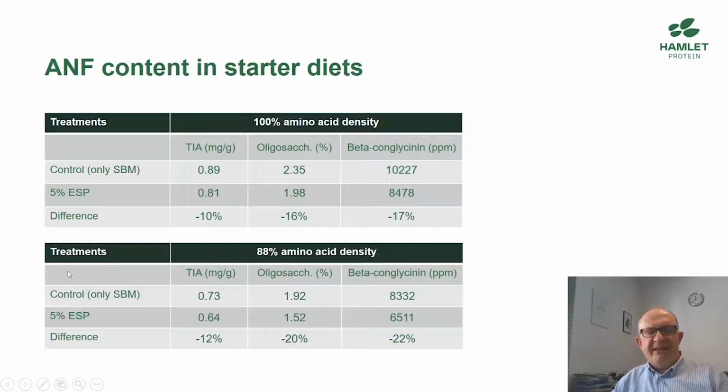By replacing part of soybean meal in the diet with 5% IV starch, we reduce trypsin inhibitors by 12%, oligosaccharides by 20%, and beta-conglycinin by 22%. These are normal reductions we usually find in the market when we include 5% HP IV starch in a starter